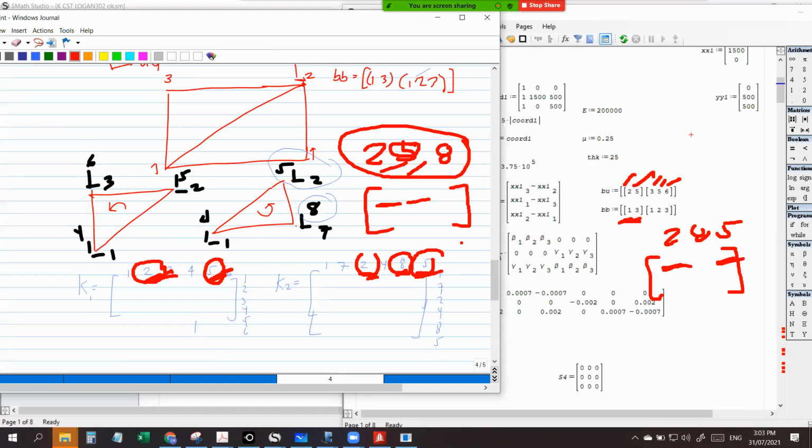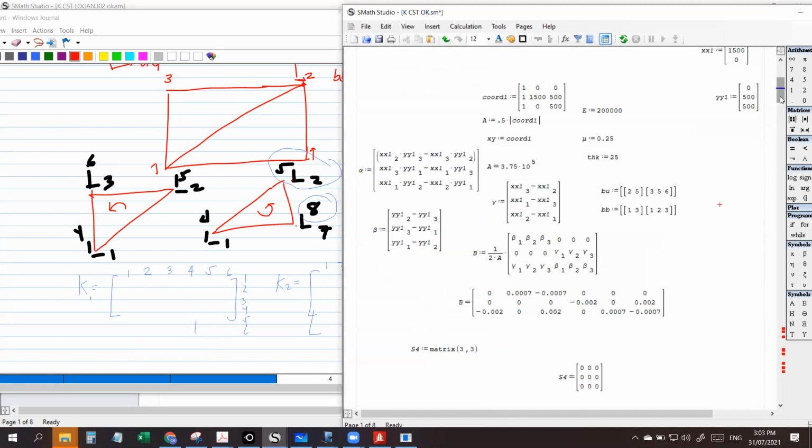Sa member 2, it's 285, no? 285. So straight 1, 2, 3. That's why it's 1, 2, and 3. Okay? Yun lang medyo ano dyan. Yun yung crucial dyan eh, no? So that's it. Once you sinet up mo na yung BU and BB, then